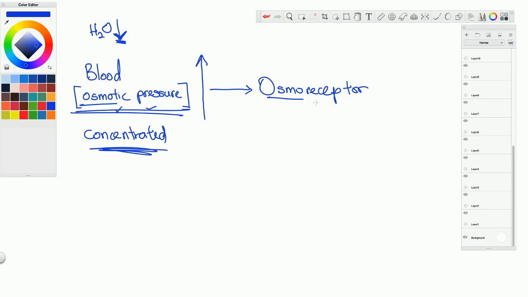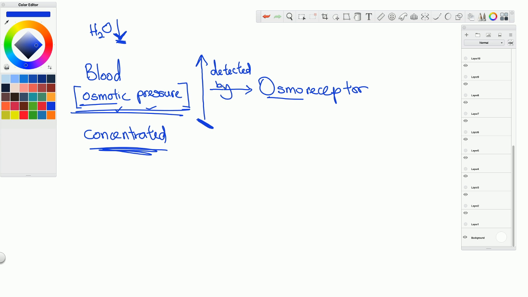Why increase? Not enough water means now the blood is very concentrated. When your blood is very concentrated, the concentration is higher. So blood osmotic pressure will increase. Understand? So this high blood osmotic pressure, of course, in your body there is a receptor that can detect it. When your blood flows all the way to the hypothalamus, there's one receptor called the osmoreceptor. This osmoreceptor in the hypothalamus can detect that now there is very high blood osmotic pressure. So this high blood osmotic pressure is detected